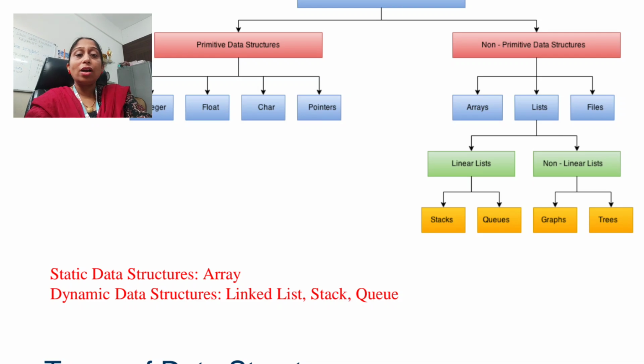Dynamic means what? It is allocated at runtime. So memory allocation happens at runtime. For that we need some keywords which we have to remember, functions like malloc, calloc, free. These are used to allocate memory